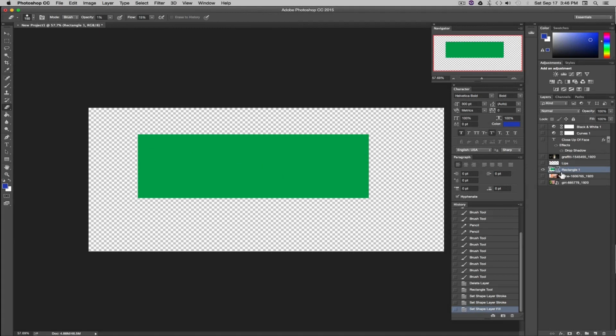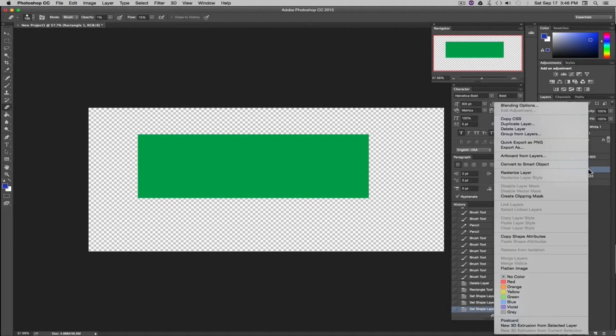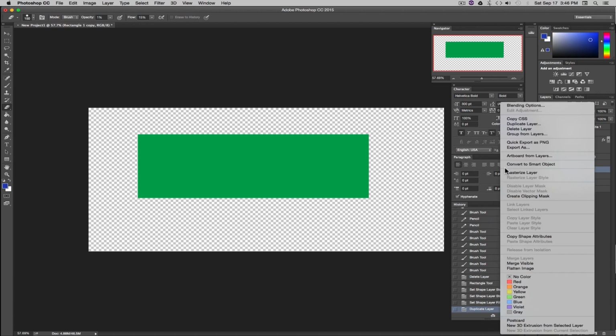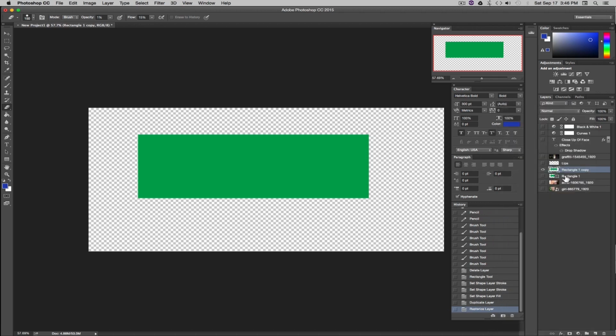So what I tend to do when I'm working on my projects is I right-click on the layer, I duplicate it, and I rasterize that layer, and I turn off this layer. I bring it to the bottom. And that way, if I ever need that layer back again, I can simply turn it on, put it to where I want it, and start editing again. And that is a great way of being non-destructive. So now we have a layer that's copied that has been rasterized, and now you'll see that we can start